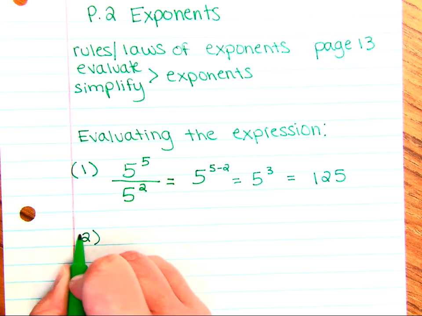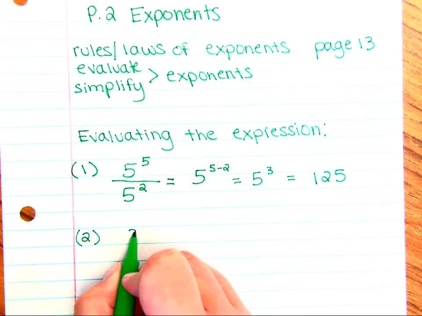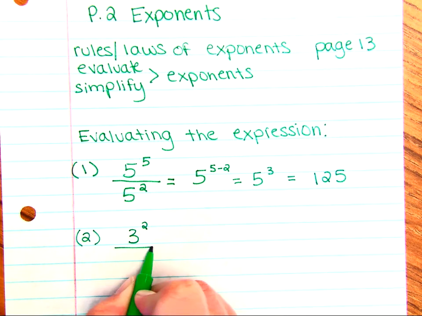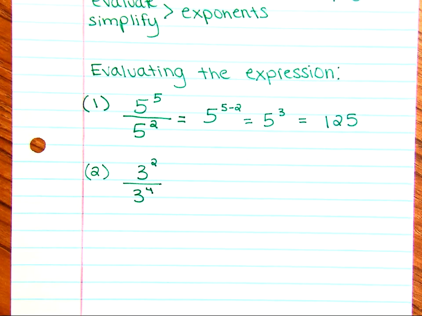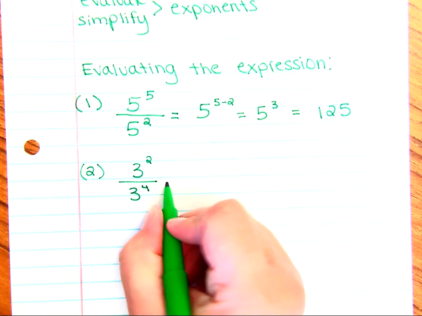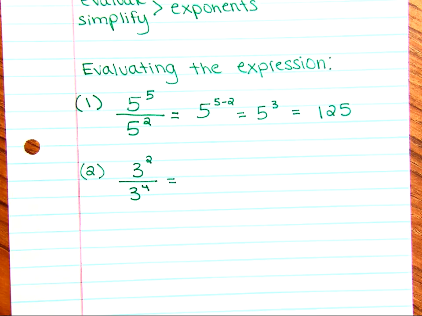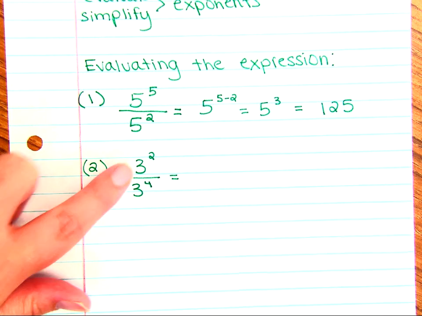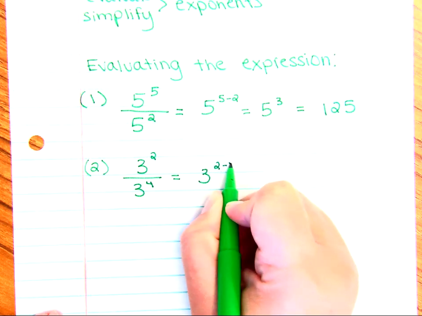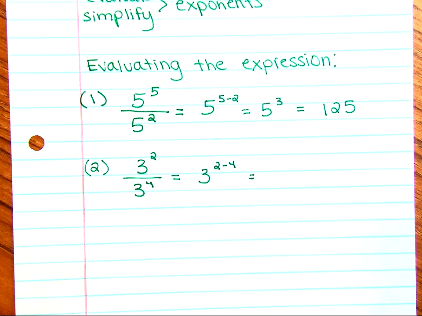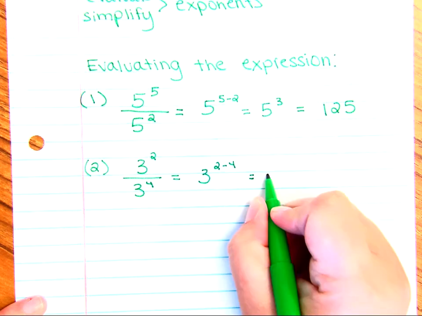Second example. 3 squared divided by 3 to the 4th. Again, you are dividing two exponents with the same base. So I can use the previous rule that I used, the base being my 3. So I can do 3 to the 2 minus 4, and I'm going to end up with 3 to the